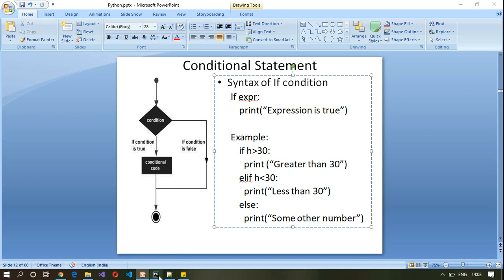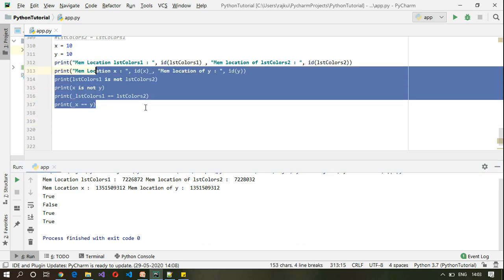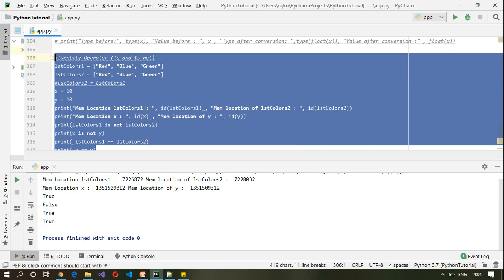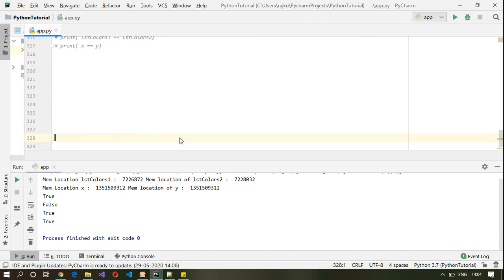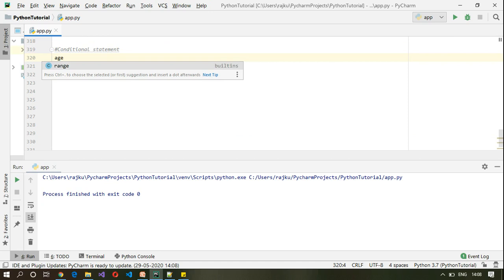Let us open up PyCharm and see an example. So let me comment out these. And let us look at the if statement now, or conditional statement. Let me declare a variable here, age is equal to 10.